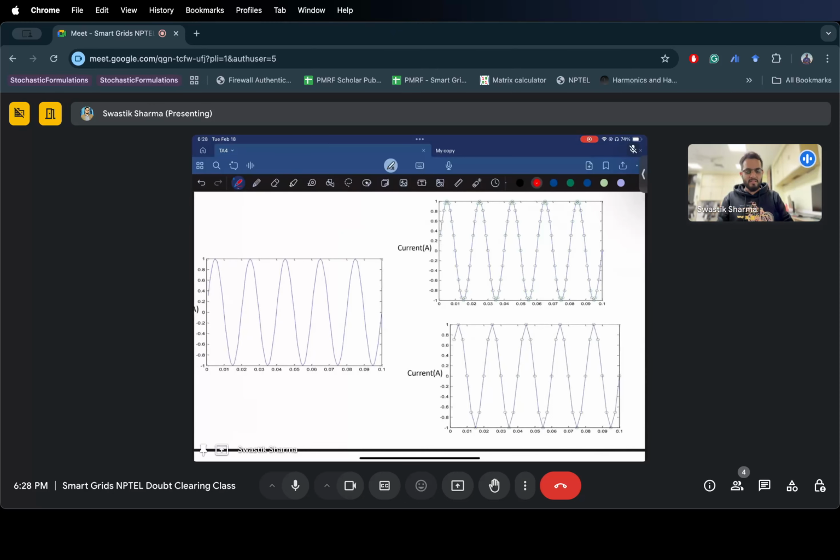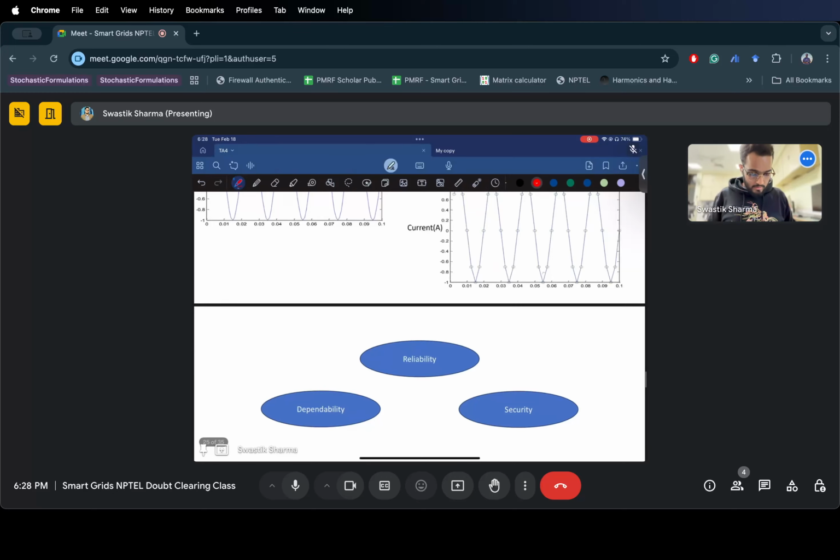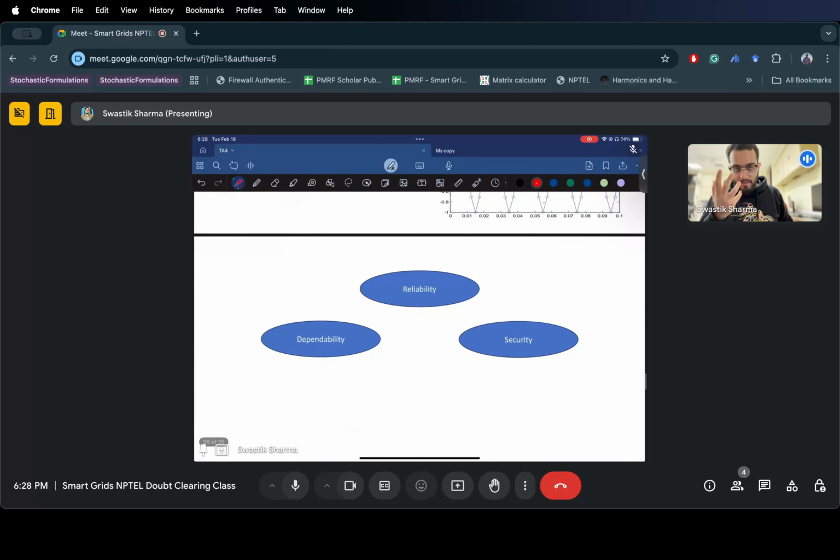The sampling frequency should follow this criteria to be able to possess the complete detail of the waveform that was inputted to the relay. And these are the three metrics in which we judge the performance of a relay: its reliability, its dependability, and its security. When we say reliability,